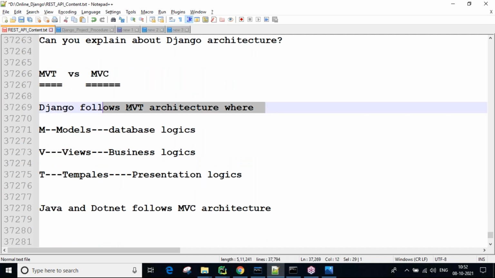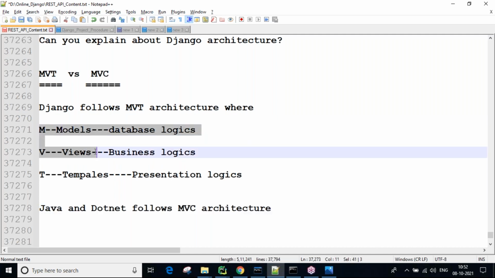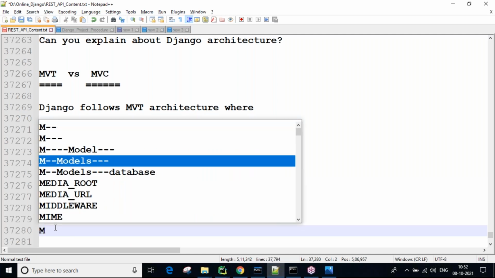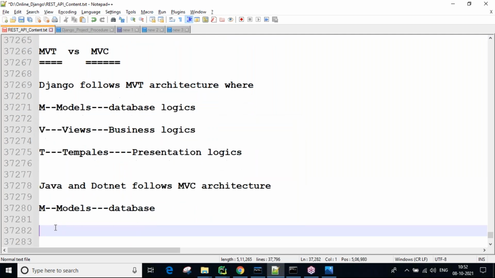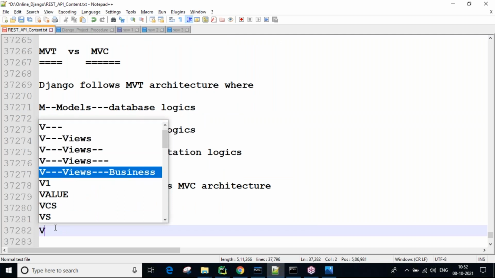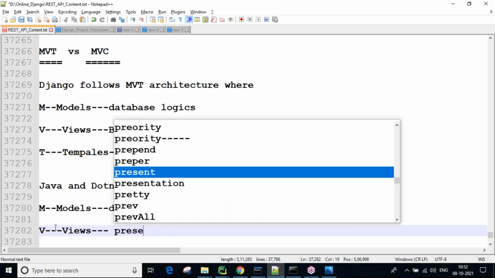Django follows MVT architecture, whereas Java and .NET follow the MVC architecture, where MVT stands for models, views, and templates. MVC stands for model, which is for database logics only, and views, which is for presentation logics purpose.